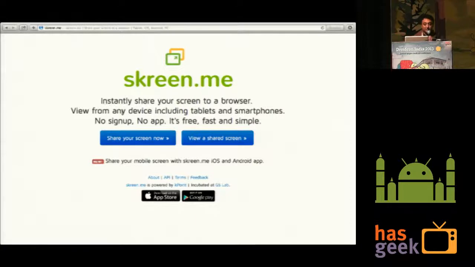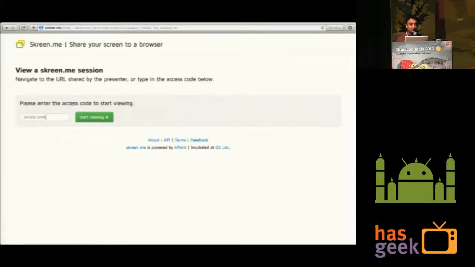So I have shared my screen from my Android device. I can go to the option saying view a shared screen. I just need to give one access code which I have got on my device.